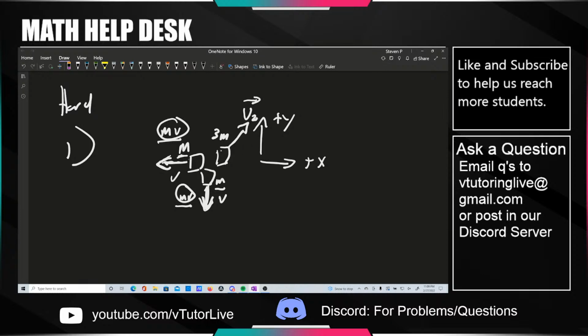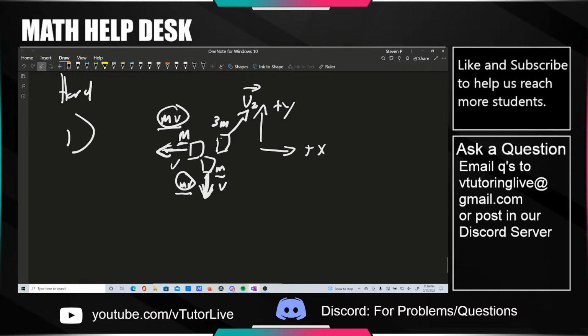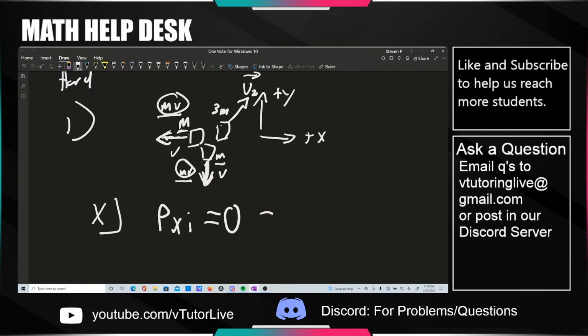Okay, that aside, what is the magnitude of the velocity of the third piece? So for this problem, it's similar to before. It's just that now momentum is conserved in each independent direction as well. So in the x direction, momentum x in the i direction initial is equal to 0, right? Because initially nothing's moving. And that's got to be equal to conservation of momentum x final,